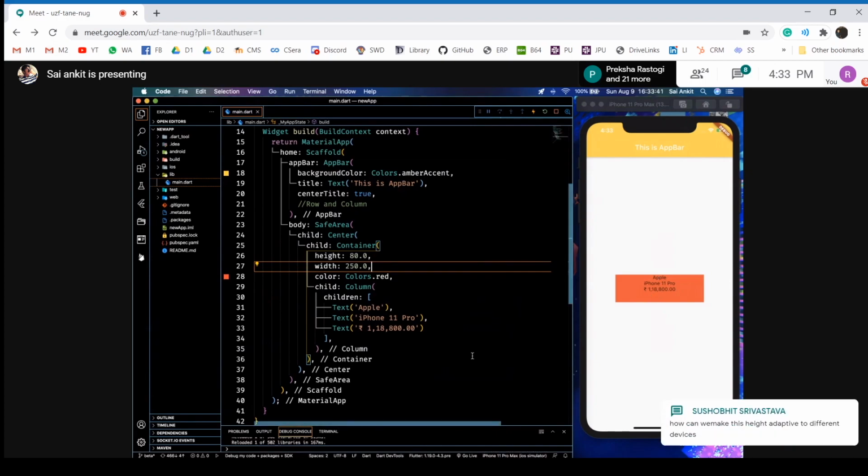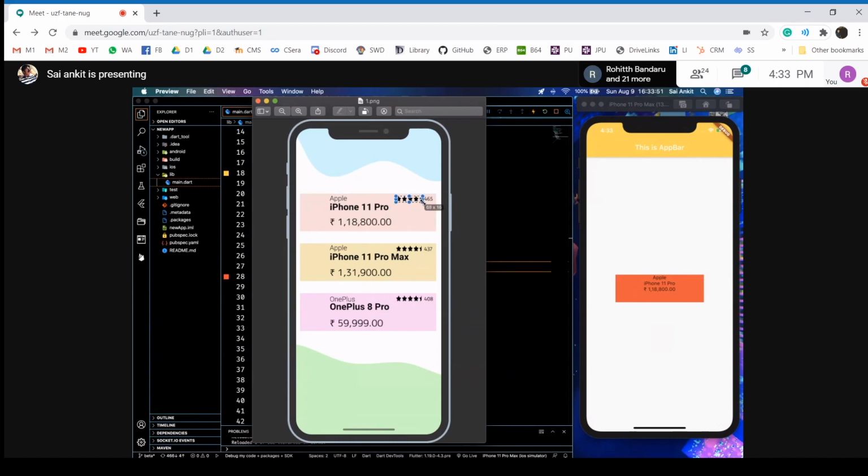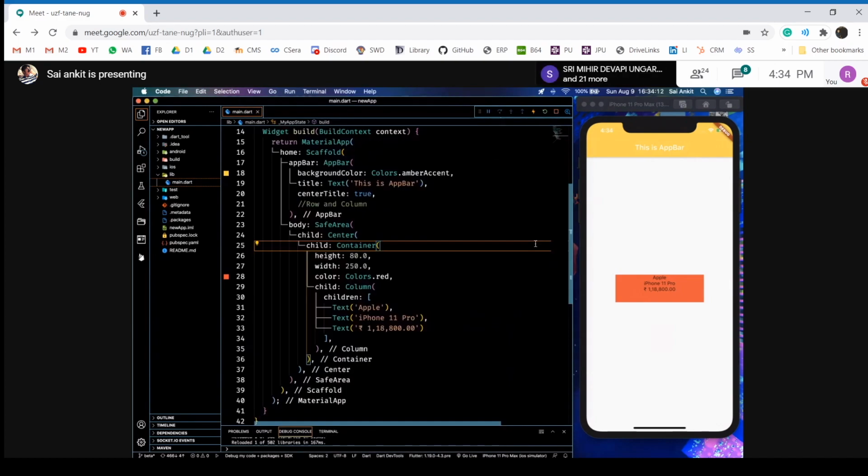Now, let's get to the photo. You can modify the text widgets' styling later. You want the stars here, a star rating, right? So assume this to be a complete row: Apple, stars, and this 465. This is in a row, and you have a column here. Inside the column, you have a row, a text widget, and a text widget. You have to imagine everything in the form of these layouts, and everything is a parent-children combination.